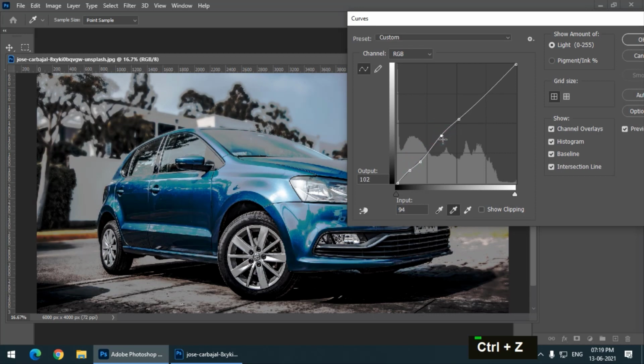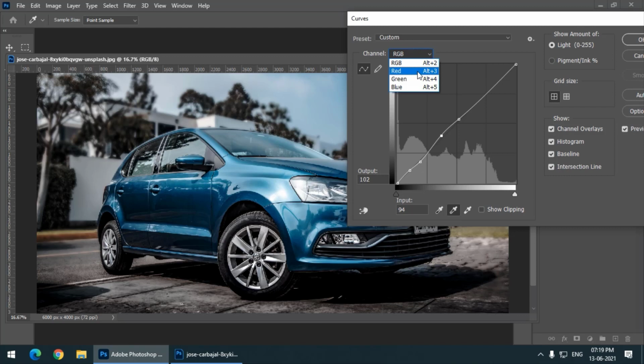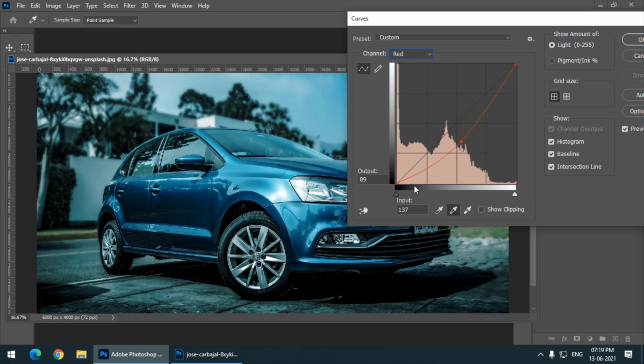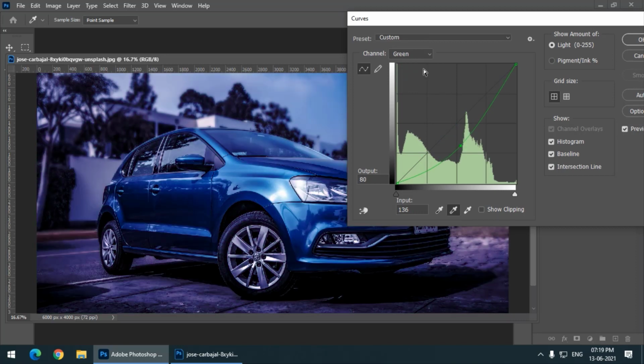Again, similar to the levels option, this also has different channels, but in this case we get a different curve graph for every channel. So this is red, this is green, and let's say this is blue. And if we choose RGB again, we will also see the red, green, blue options.